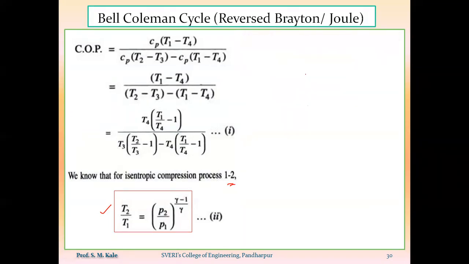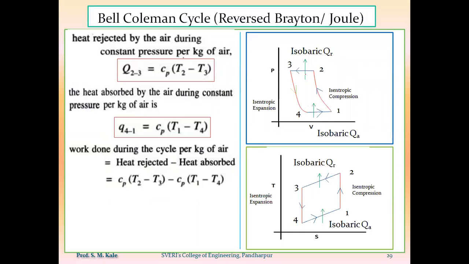Now, if you see the PV and TS diagram, we know that the value of P1 is equal to the value of P4, because the 4 to 1 process is a constant pressure process. So P1 is nothing but equal to P4. And at the same time, the 2 to 3 process is also a constant pressure process. That is nothing but P2 is equal to P3. As P1 is equal to P4 and P2 is equal to P3,